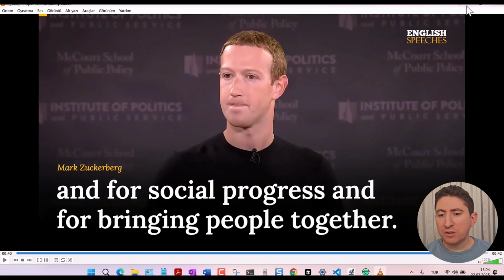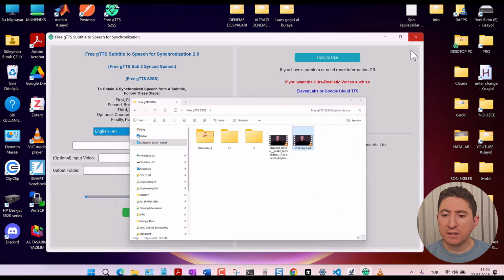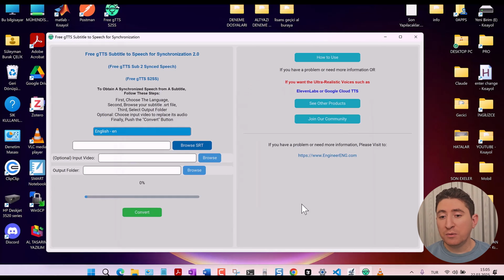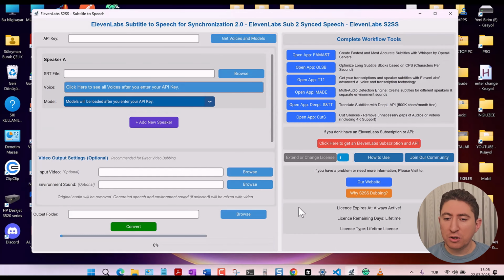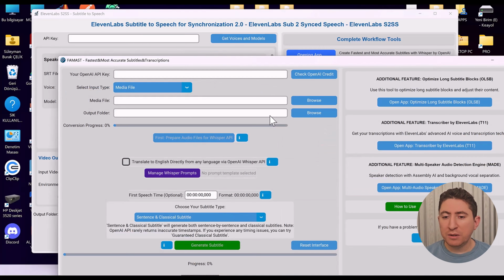To dub this conversation, we assume that we have subtitles in this free version of the app, but before we assume, let's try to get subtitles anyway. For this, I would like to show you the subtitle files that we will need in all these steps from the new version of our ElevenLabs application, which we plan to share with you soon, and how we will obtain their translation. For example, here we will immediately use the famous program we have prepared for subtitles, and Whisper AI,